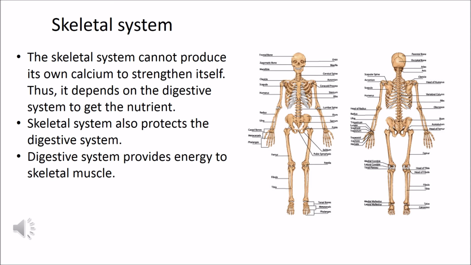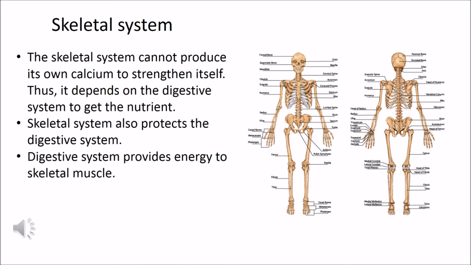Next, I'll explain the connection between the skeletal system and the digestive system. The skeletal system cannot produce its own calcium to strengthen itself. It depends on the digestive system. When a person eats food that contains calcium and phosphorus, the body breaks down the food into smaller molecules that can be absorbed by the body into the bloodstream. The smaller molecules of calcium and phosphorus are then delivered into the bone tissue that needs them for repair and